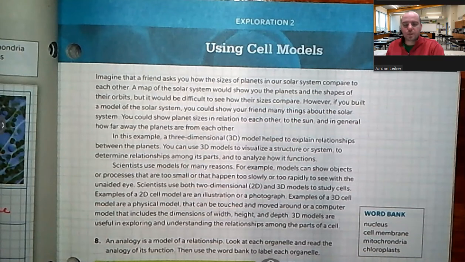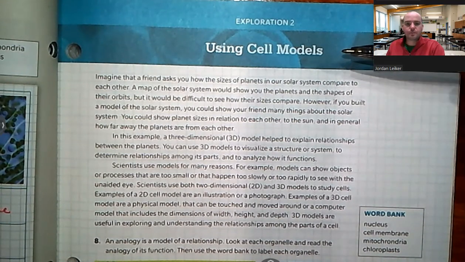Hey everyone, today we're going to talk about Exploration 2 and Exploration 3 from our book, Lesson 2. If you're using your book, the PDF document, I'm on page 25 right now, 25. We're going to talk about cell models today, the different types of cell models, as well as